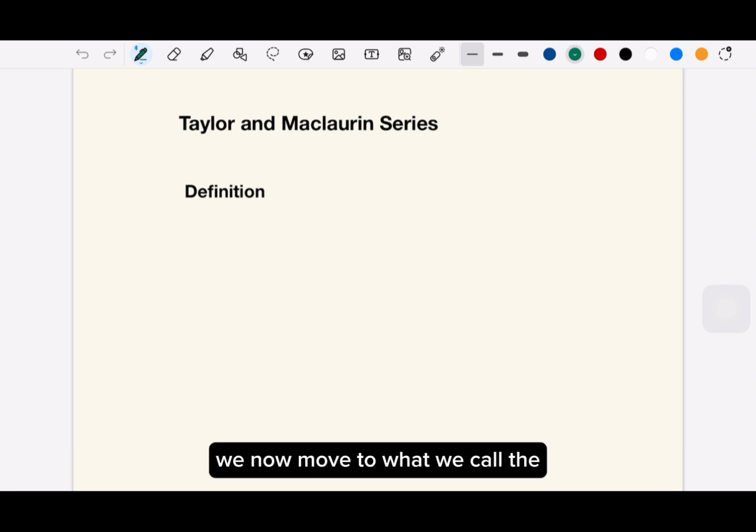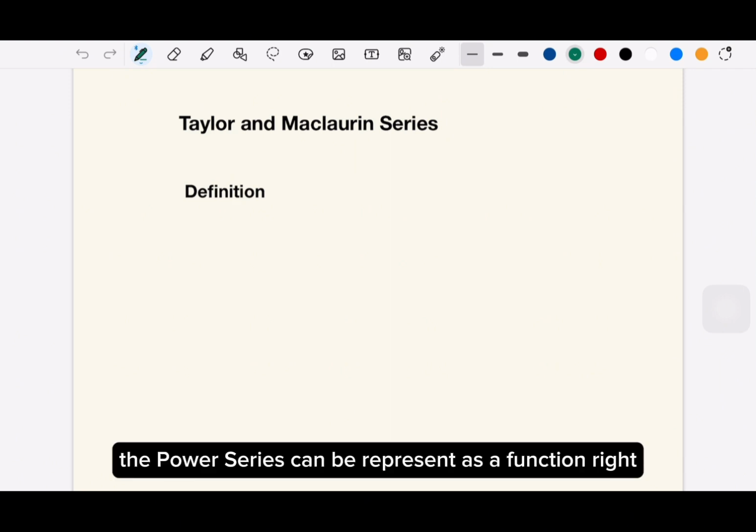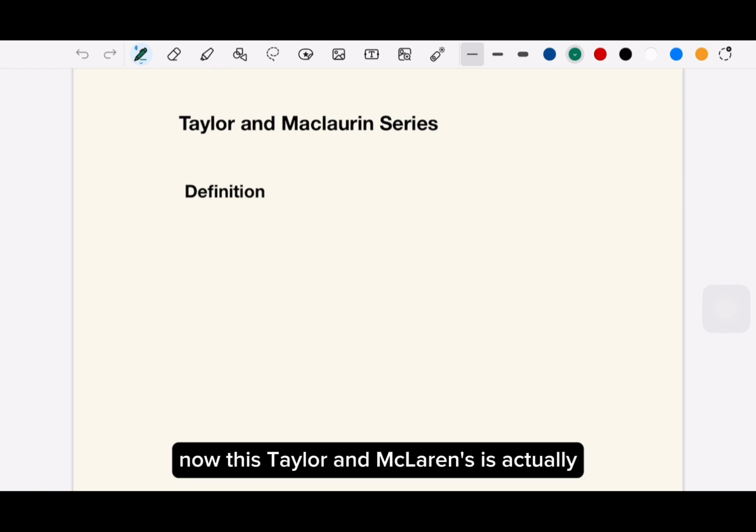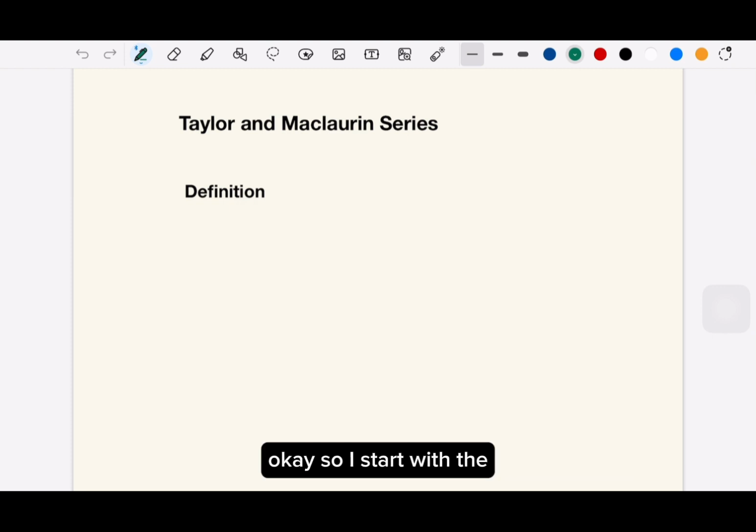We now move to what we call the Taylor and Maclaurin series. Before, we have learned that a power series can be represented as a function, right? Now, this Taylor and Maclaurin is actually how we can define or describe the power series as a function in general procedure or general rules. Okay, so let's start with